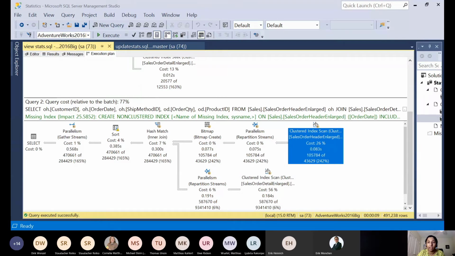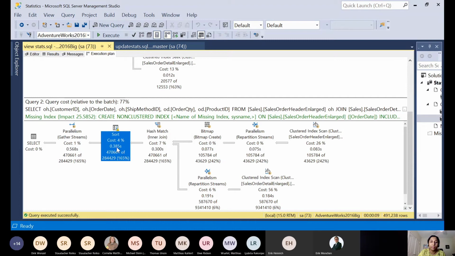So that's really way too different, the estimated versus the actual, because we did not only influence the optimizer so that it will get the wrong estimate, but also we influenced it in such a way that it will spill to disk. Did you observe here? The sort has this warning symbol here, and when you observe, it actually spilled to disk. It actually spilled 15-20 rows into the disk onto TempDB.